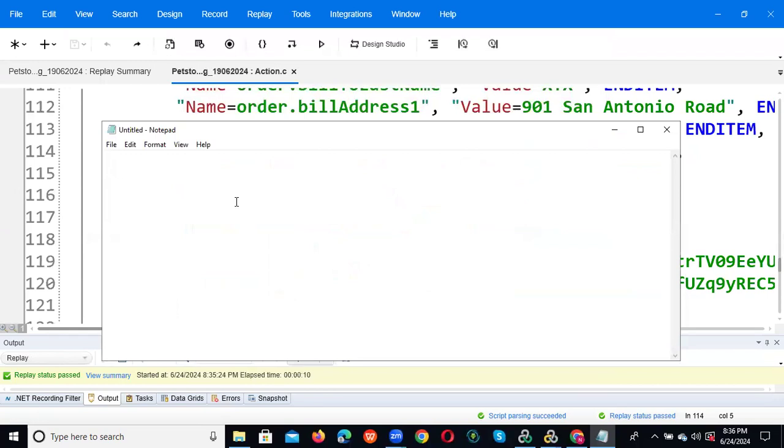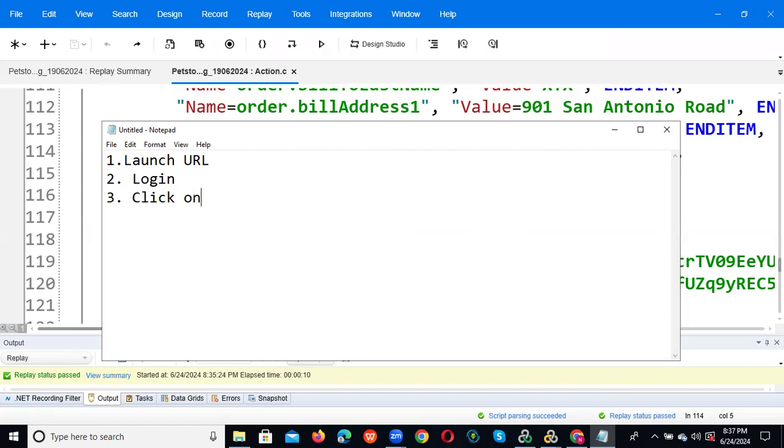See, our major thing will be the transactions: launch URL, and after that login, and after that the third is